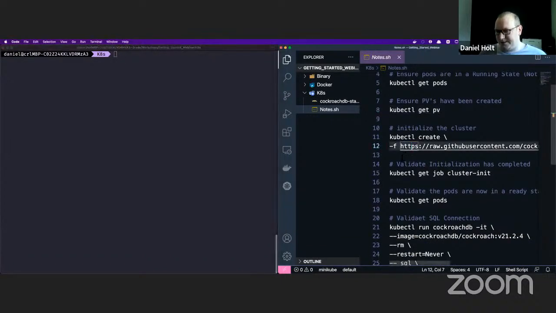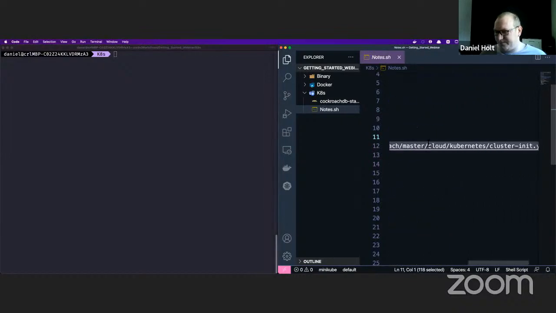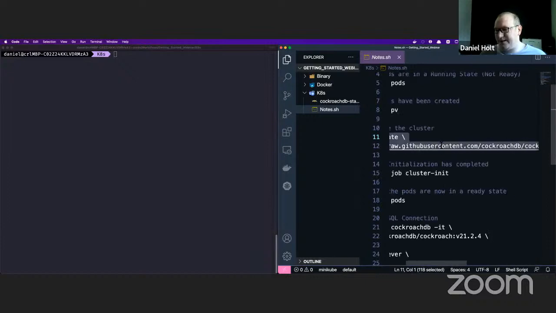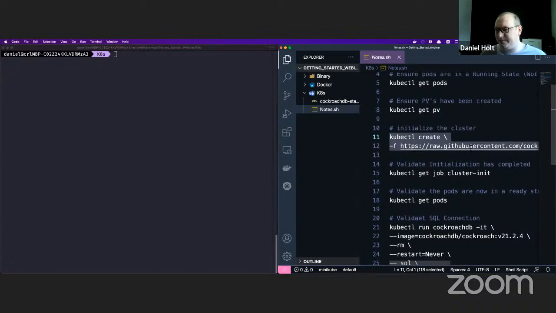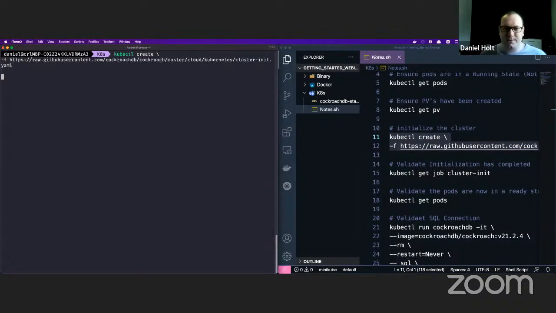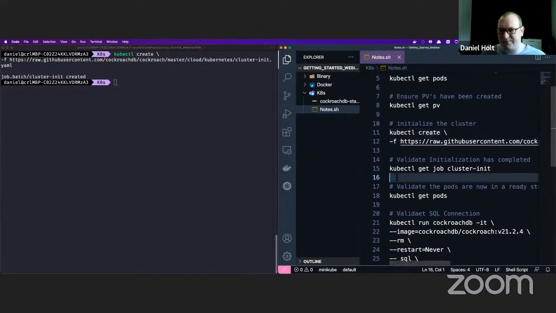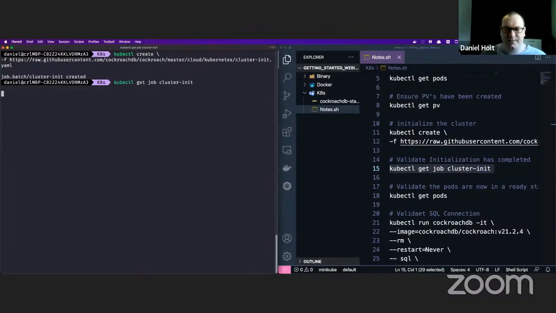So next thing I need to do is initialize the cluster. I'm going to do a create, which creates this cluster from this cluster init YAML, which is available in our GitHub user content repo. You can download this file as well if you want to. It's a very simple file that simply spins up a pod and runs a Cockroach DB init command against one of the pods within the cluster. So I'm going to initialize that cluster using that command. And it actually creates a job called cluster init, which allows us to track when that's been completed. So if we do cluster init,